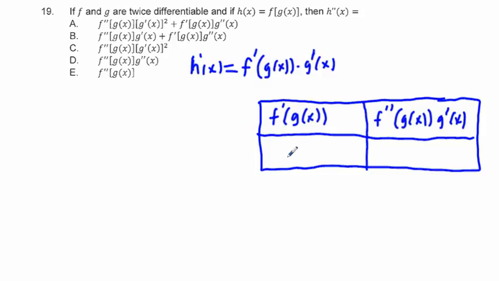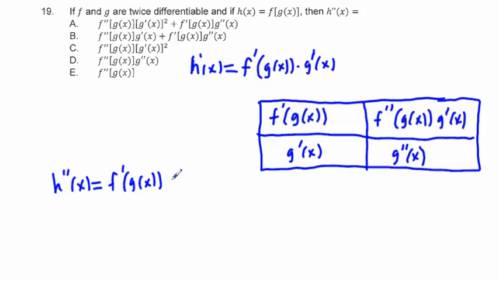And then on the bottom, we have g prime of x. And what's going to be the first derivative of this one here? We're going to have g double prime of x. So for this one here, if we crisscross, we're going to have h double prime of x is equal to f prime of g of x times g double prime of x